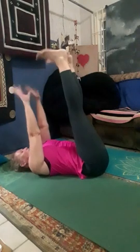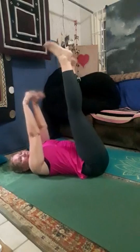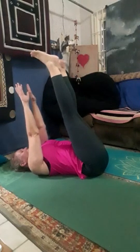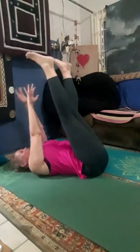Down, 10, point, flex, down, 9, point, flex, down, 8, point, flex, down, 7, and next, and 6, 5, 4, 3, 2, and 1. Leave the arms and legs up in the air, but just let them be soft and flowing, gently